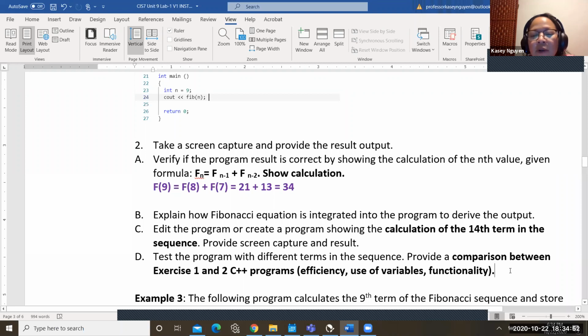Then for D, I want you to compare this program to the first example, example 2 to example 1, and tell me which one you think is better. Because sometimes one would be better in one area and the other would not be. So I want you to compare the two. In comparison with one, how are the variables used? What's the benefit of using the variables? And what's the benefit of the overall program functionality?